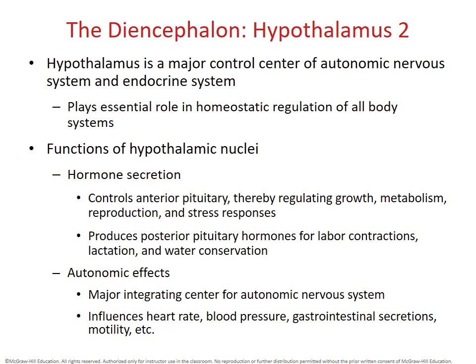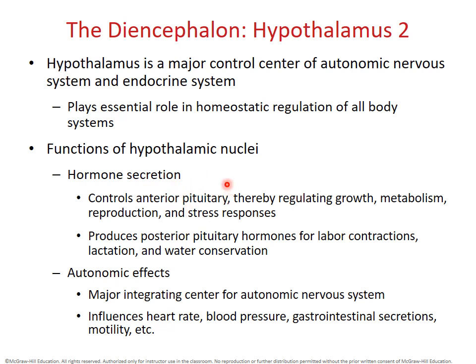The hypothalamus is an incredibly important part of the brain, even though it's not terribly large. It's an incredibly important control center for the autonomic nervous system and also for the endocrine system. In terms of its endocrine function, it does release several what we call releasing and inhibiting hormones that control pituitary function. And so while some people refer to the pituitary gland as the master gland of the body, I actually think of the hypothalamus as the master of the endocrine system, because it is the master of the pituitary,